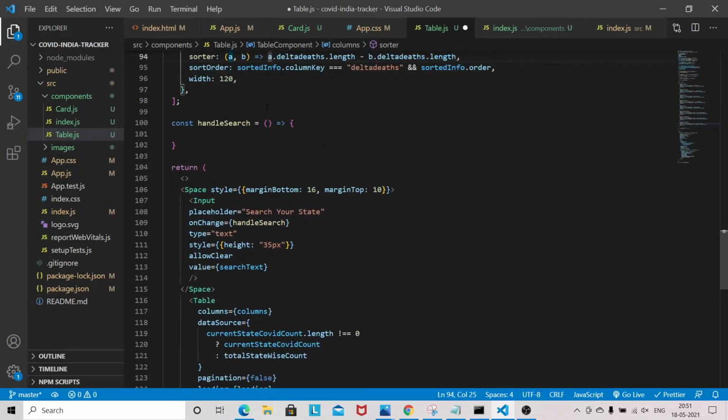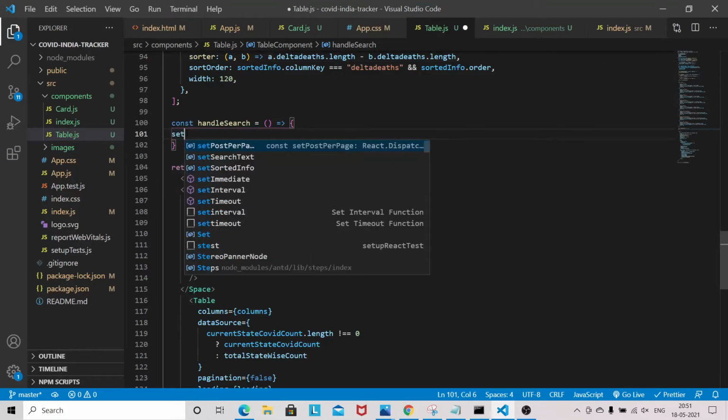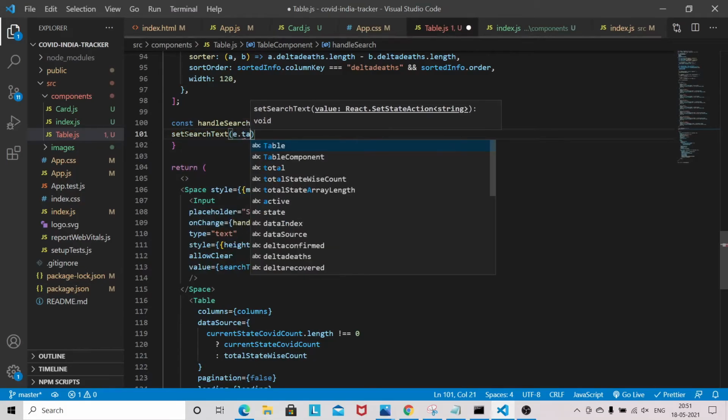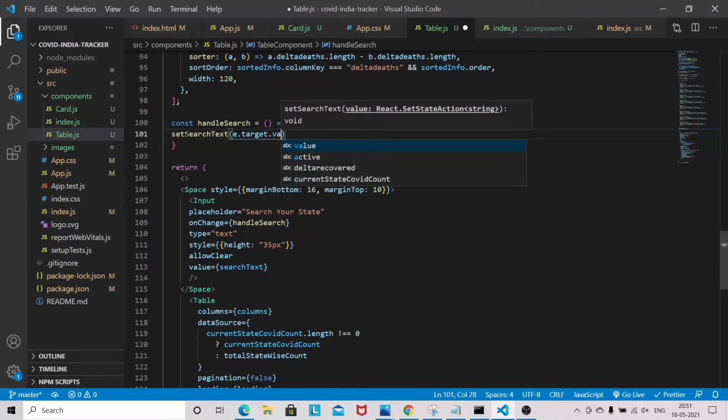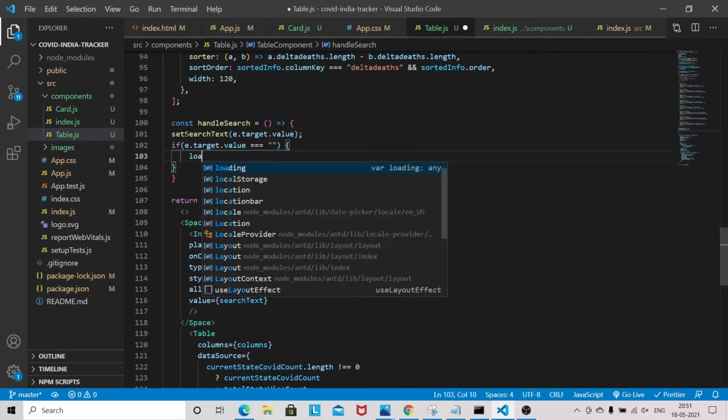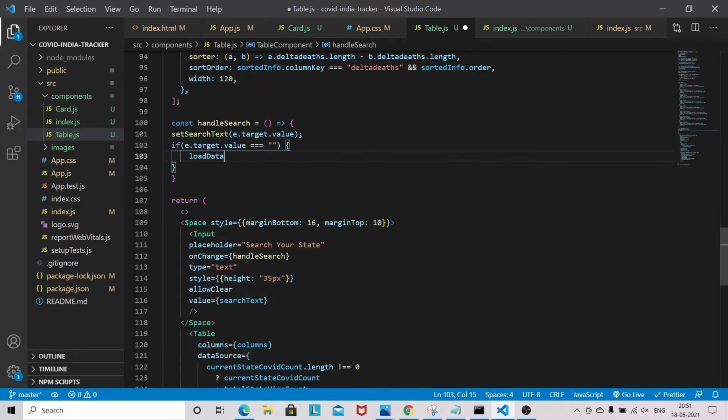So in handle search, basically we have to do a set search text, event dot target dot value, and if the user just did an empty search, in that case it will load the data normally. Okay, so load data.